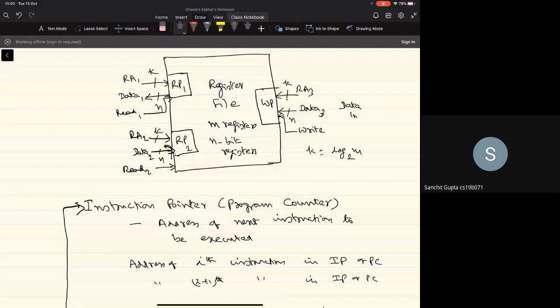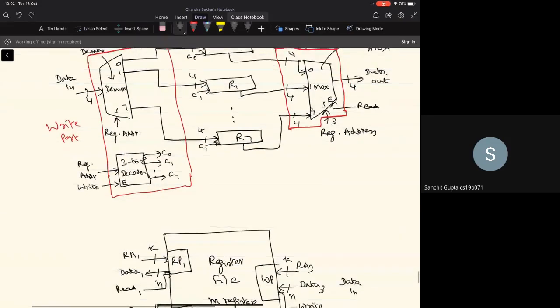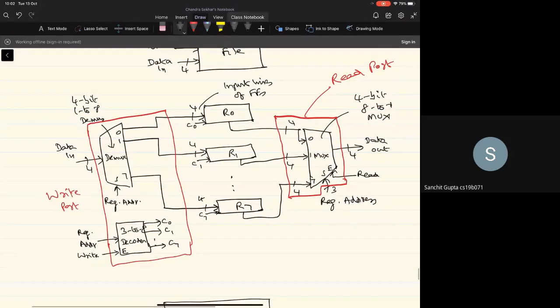If the complexity of the logic can be afforded, then one can have even more than one write port. But it requires much more complex logic than a single write port, whereas having multiple read ports is not a problem because we just have to duplicate the structure for each of the read ports.